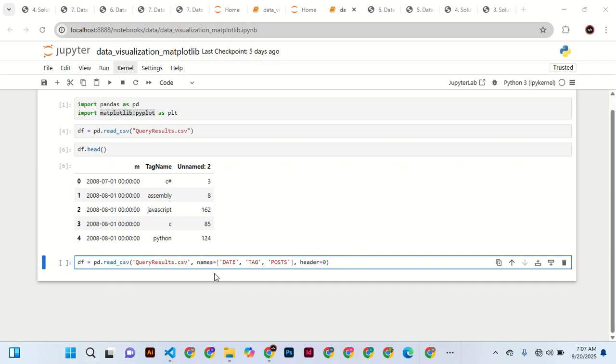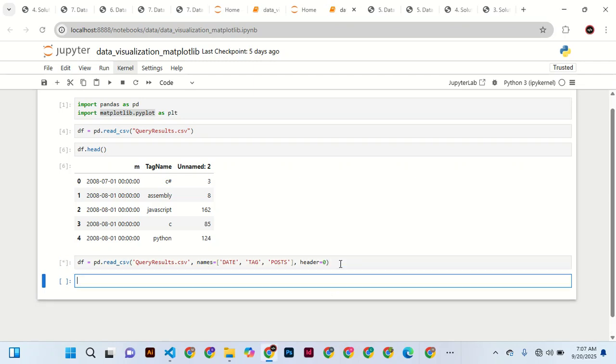In simple terms, we are saying the name is date, and this is the name. This column we are calling date, and this one, instead of tag name, is just tag, and posts, how many times it has been posted, and header is equal none. So header is equal none. So now if we run it by shift enter,